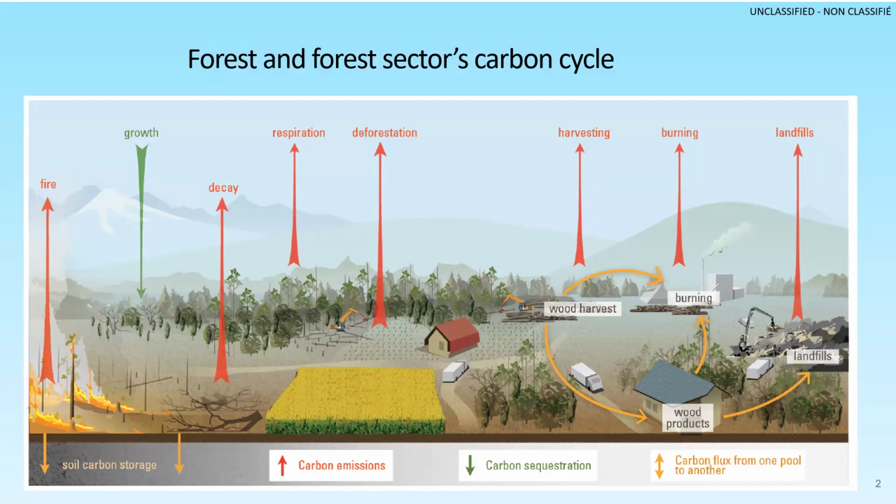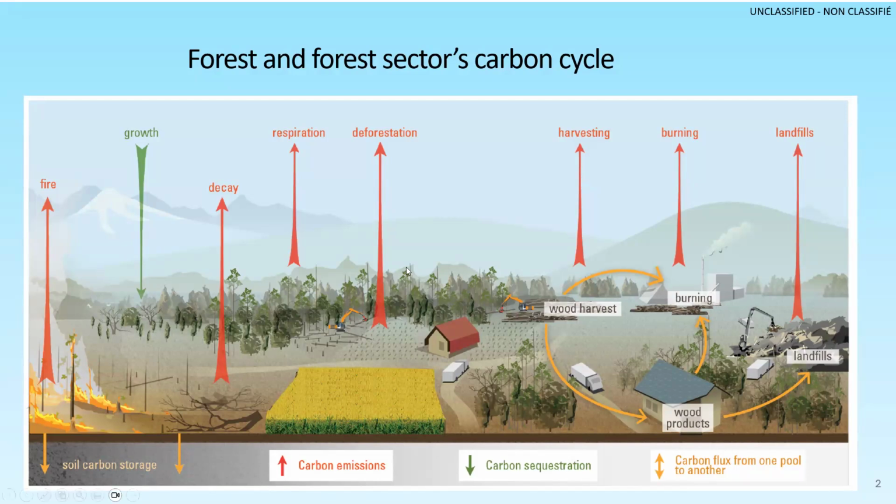So shown is an image from the State of the Forest report from a few years ago, and it shows all of the fluxes associated with the forest. And you can see arrows of different color. The green arrows show growth. So carbon is taken up out of the atmosphere and included into forests as the trees grow. Now, when the trees die, they can decay, and that releases carbon back into the atmosphere. But we can also release carbon during fires. So fire can have a direct emission, but it can also kill the trees and have a delayed emission as the wood decays.